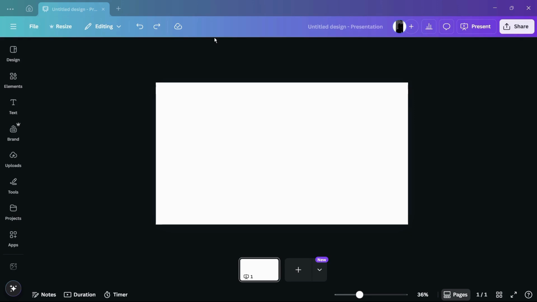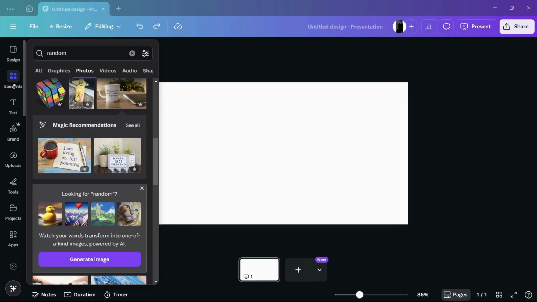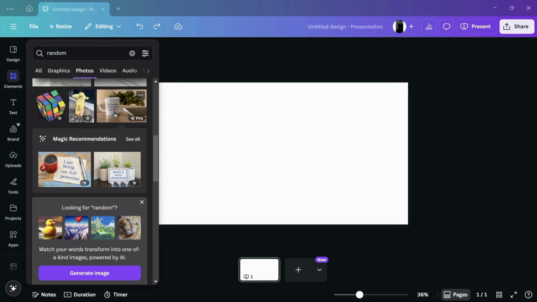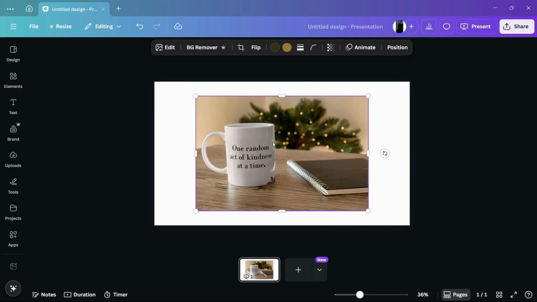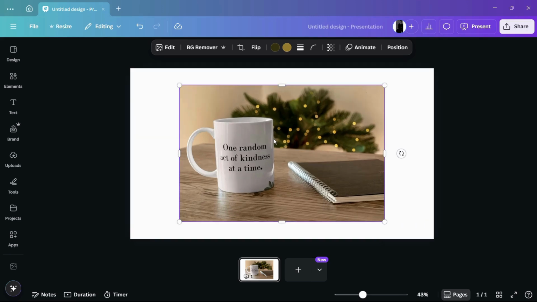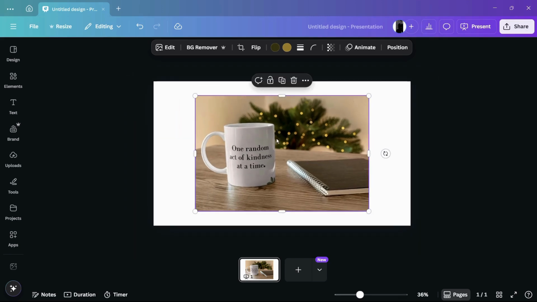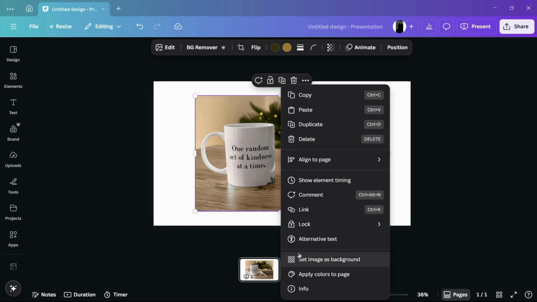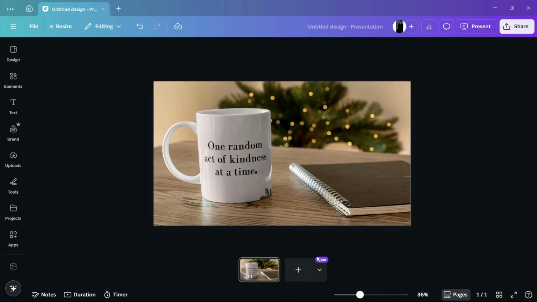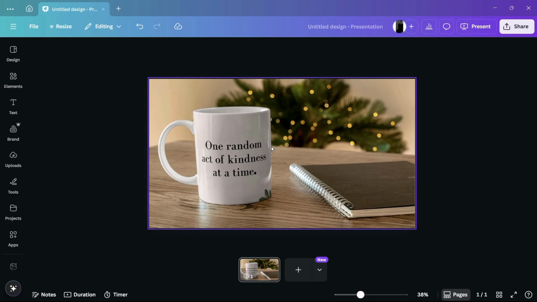So the first thing that I will be doing is adding an image with a text into this particular design. So to do that, I'm going to click onto the Elements tab in order to add a sample image. Now from here, I can see that this particular image has a cup with something written on it. So let me click onto this, and here you can see that this image has been added into my canvas. Now let me right click onto this and select the set image as background in order to utilize the complete